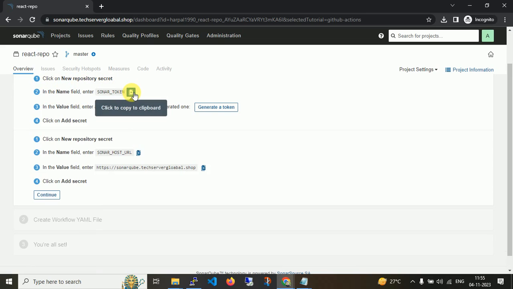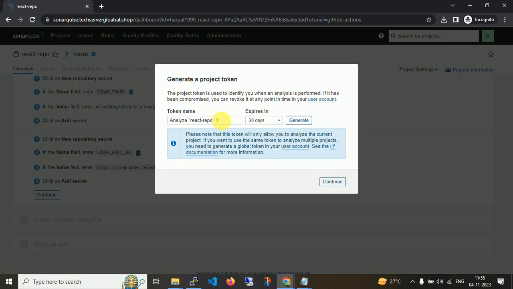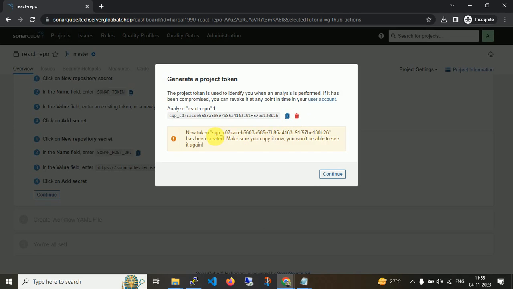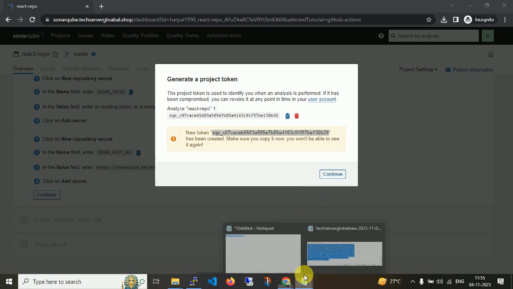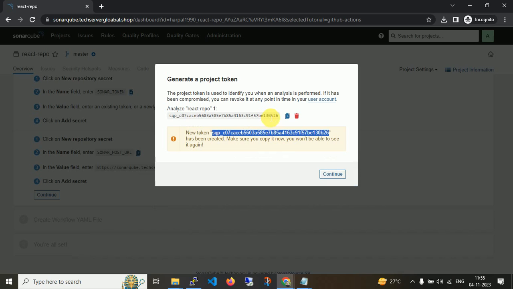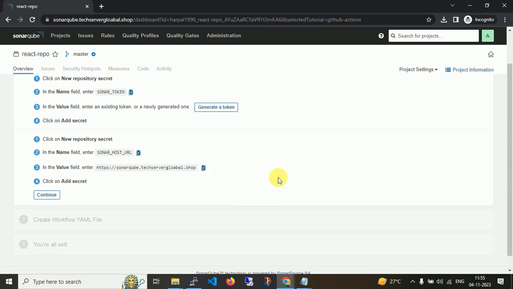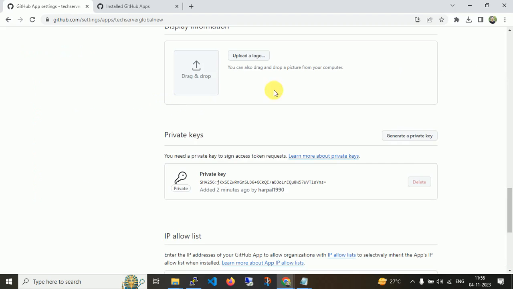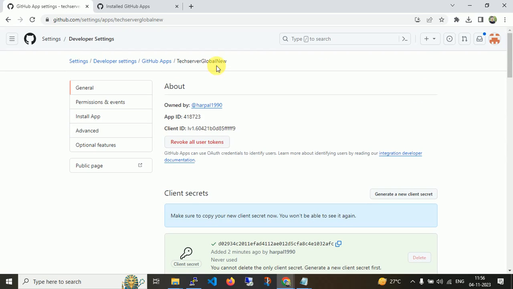So I'm just going to create a SonarQube token, generate the token, and generate. This is my secret for SonarQube. Let me copy it, and I'm just going to click on continue. Let me copy this name, and I'm again navigating to